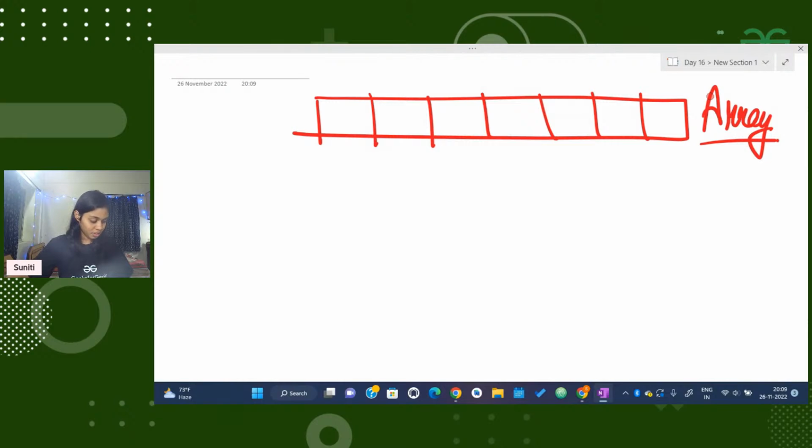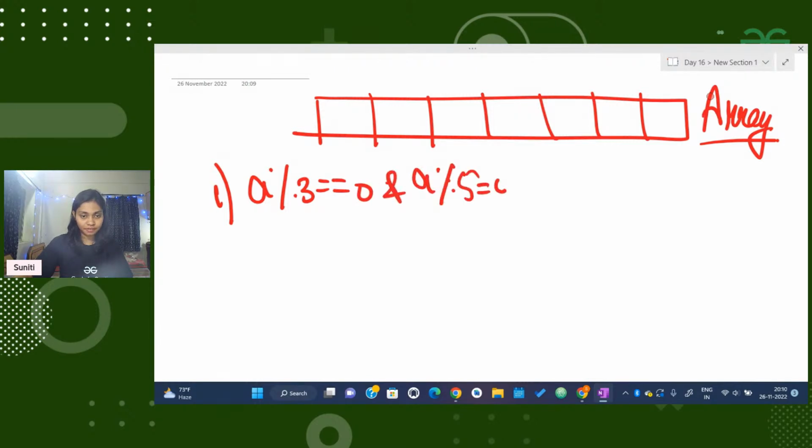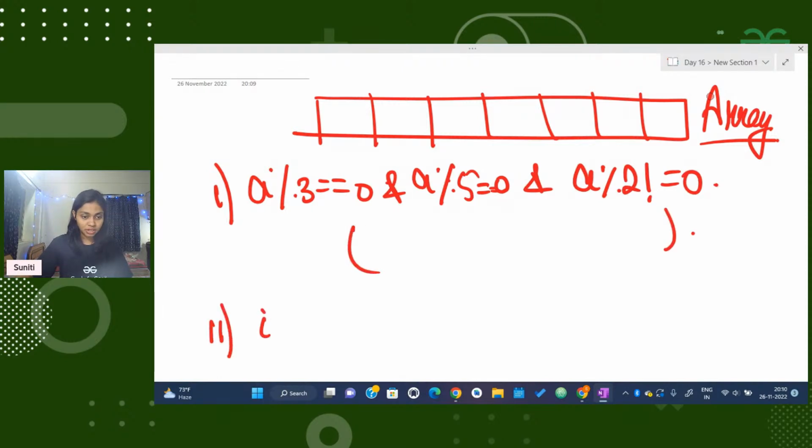The first condition is that if A is divisible by 3 and A is divisible by 5, and A is not divisible by 2, then there is a certain condition that is followed. Second condition we have is, if,